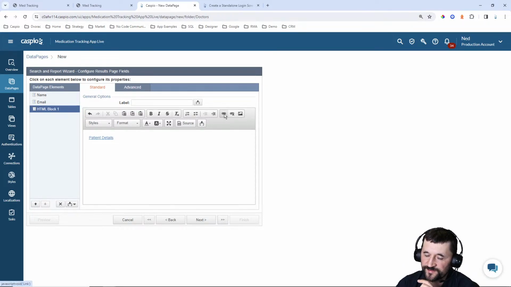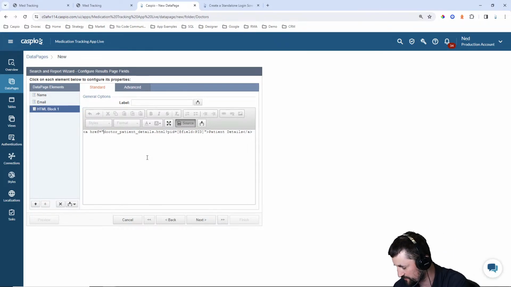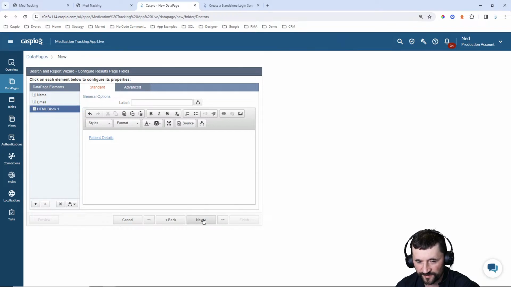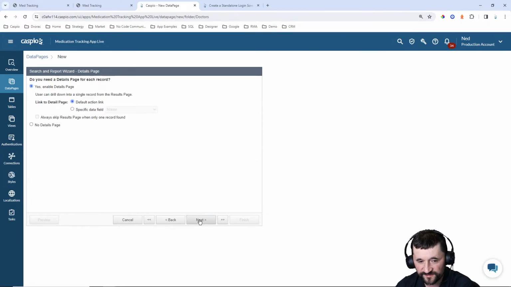However, if you use this method by clicking this button, going to the source, to keep the link relative or path, just remove the HTTP protocol. Otherwise it's going to redirect you to an unknown page. All right, that's it. We hit next. Let's display 25 patients at a time. That's fine. And no need for a details page in this case, because again, like I said, I always like to create